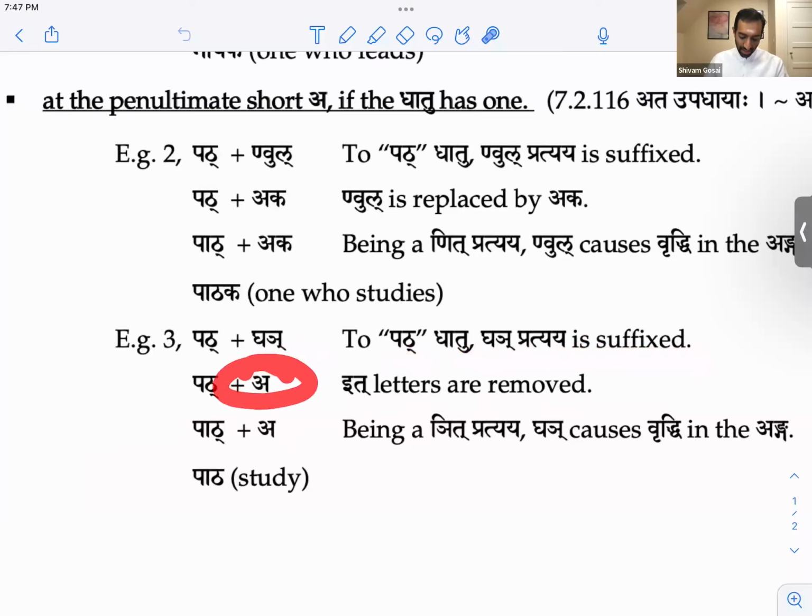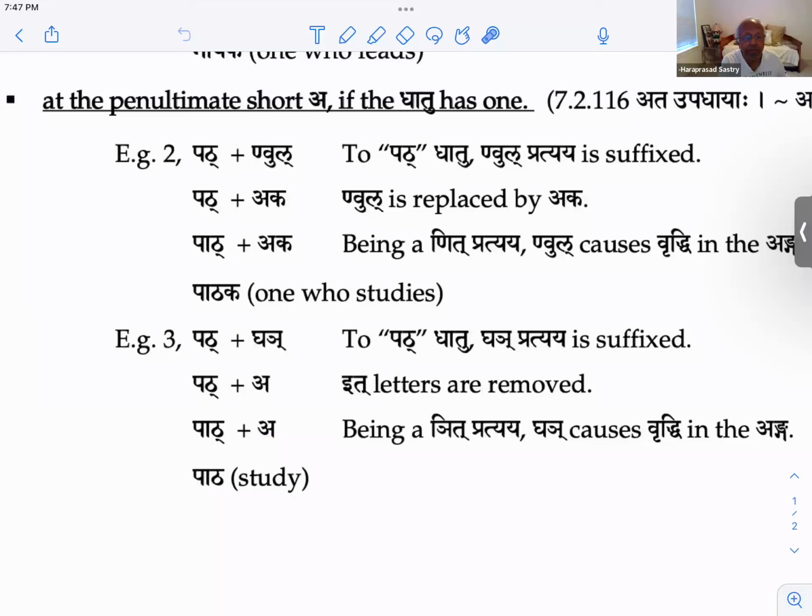We're just left with akara. Being nit, pratyaya Ghañ causes vriddhi in the anga. So pat becomes pat. A becomes a. So pat plus a becomes patha. Patha means studying or study.